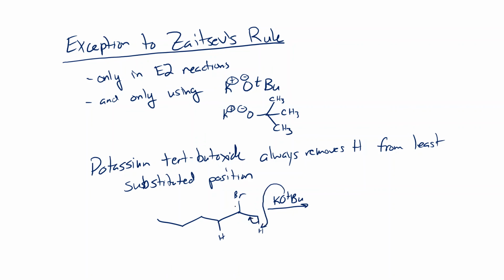less substituted position, the primary position, and we would get the opposite product from before, where we get only the less substituted alkene in there, right? So potassium tert butoxide is just a nice way to kind of get around Zaitsev's rule, because sometimes you want your alkene to be in a different place, right? So that will allow you to avoid Zaitsev's rule. You'll take the hydrogen from the less substituted position, and you'll get a different alkene product than you would if you followed Zaitsev's rule. But the only exception to Zaitsev's rule is potassium tert butoxide, and if you used potassium tert butoxide,